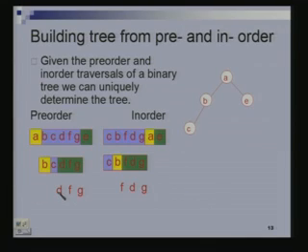So once again I know now that the root is going to be D. I look for D here, it is there. So I know that on the left I have F and on the right I have G. So I know the root is D, and the left subtree would have F and the right would have G. And I get something like this.